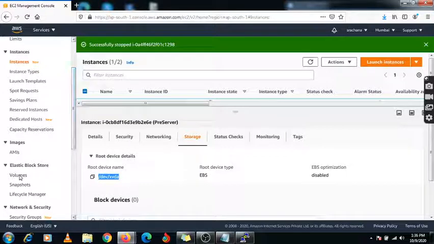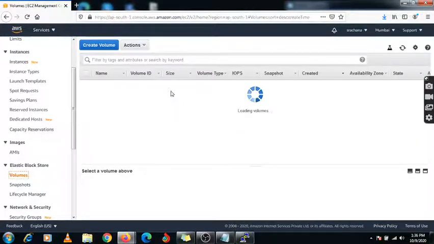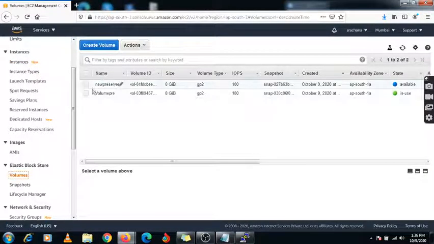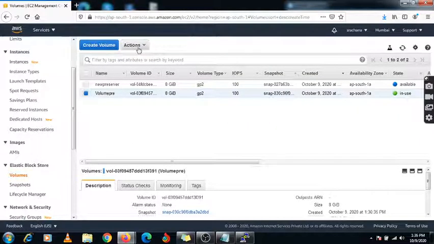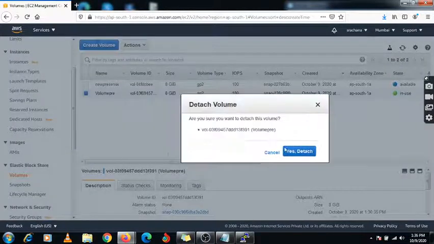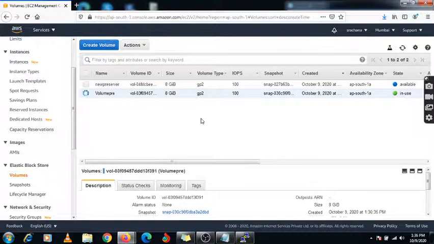First go under this volume. Yeah, this is in use. So first I need to detach it. Yeah, this is now detached. Because this device name should be the same which you have taken, because of the snapshot which I created from that particular instance.